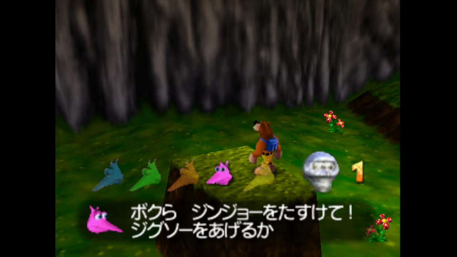Oh, okay, good. Bokura Jinjo wo tasukete. So us, Jinjo, help. You know, te form, just a light request, help us, Jinjo. And then jigsaw wo ageru kara. So yeah, it's sort of like, because we will give you a jigsaw.